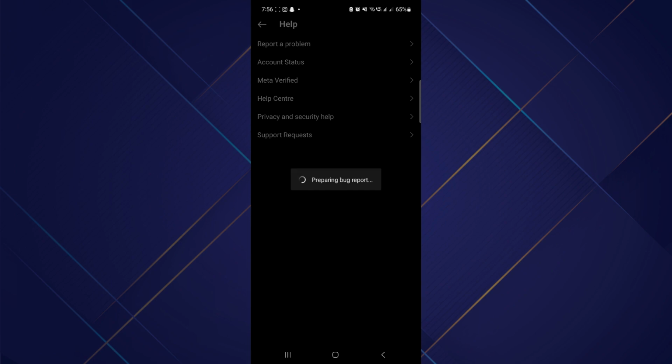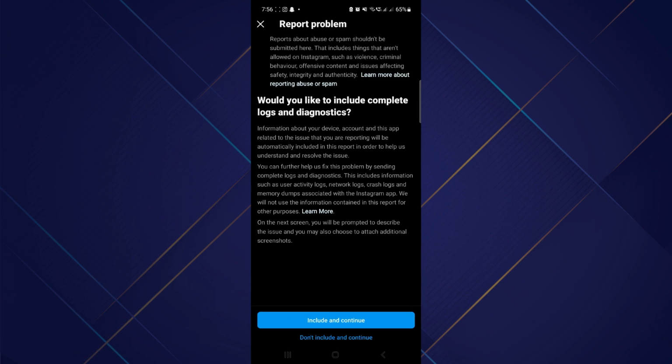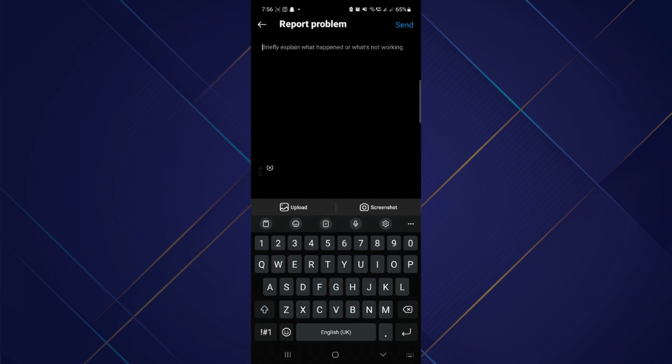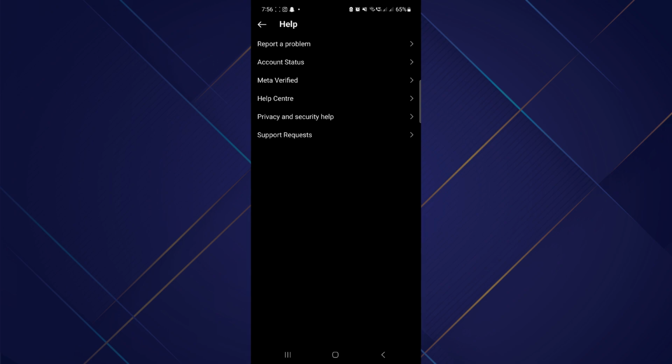Here select report problem without shaking and you will be asked if you want to include logs with this report. Select whichever option you prefer and then start typing something like please help me to unfollow all of my followings at once. Once done, tap on the send button and you will likely receive a reply from Instagram in a